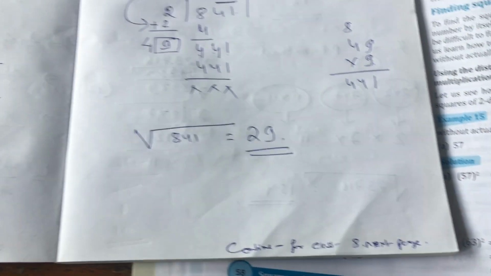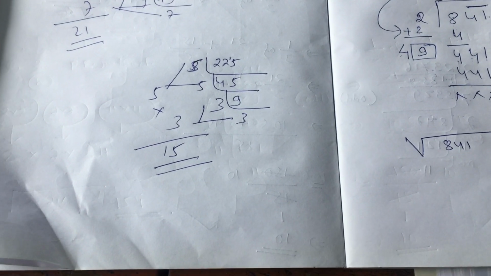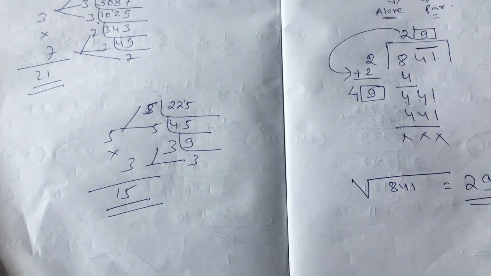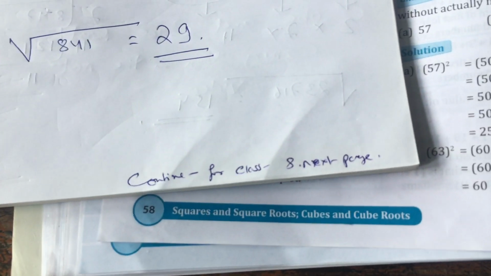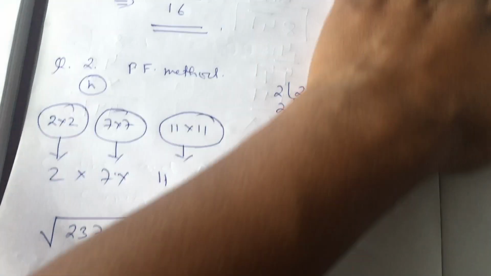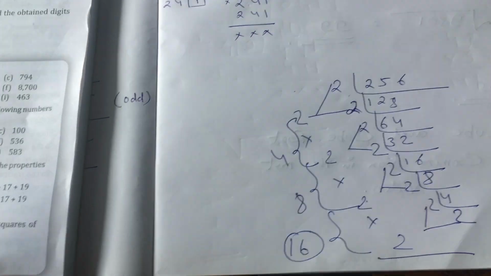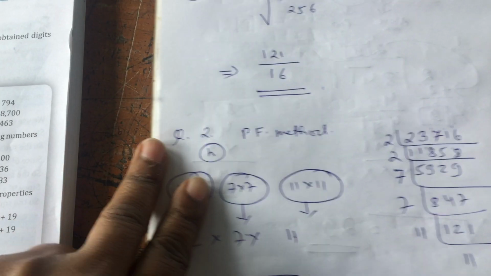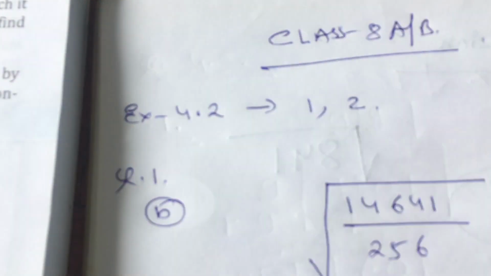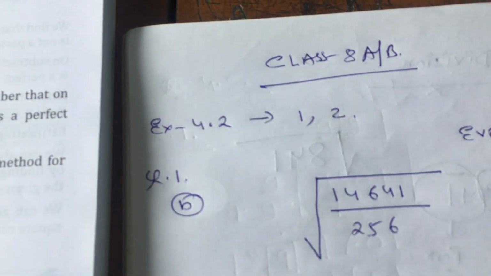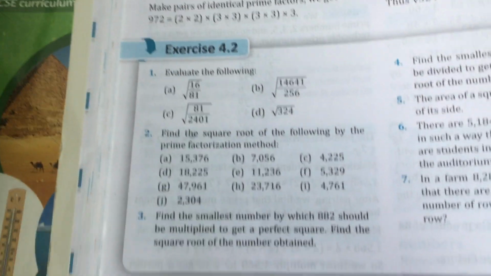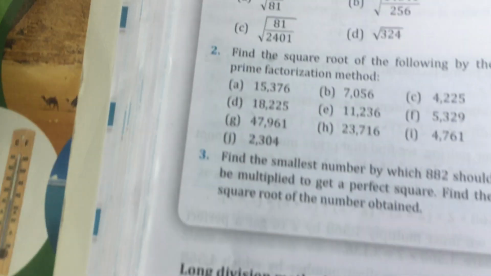However, as you might have seen till here, this video is for class 7, and the continuation of the video will be essential for class 7 as well as specially for class 8, which I am going to do now. The syllabus is the same. Now coming to class 8, if you see your book, you have plenty of exercises regarding the square root and cube root. However, we need to be very specific and no need to do all. So just go to exercise 4.2, especially take question number 1 and 2 of your book, page number 62.